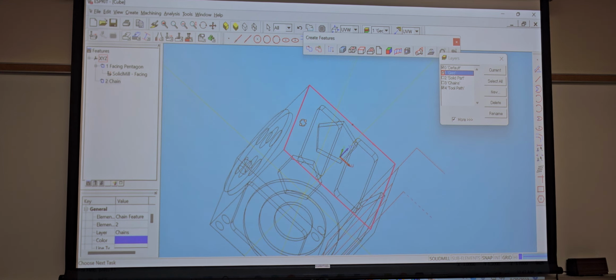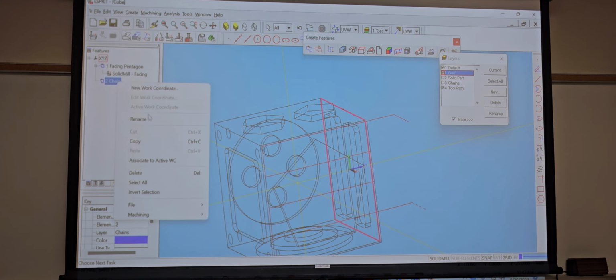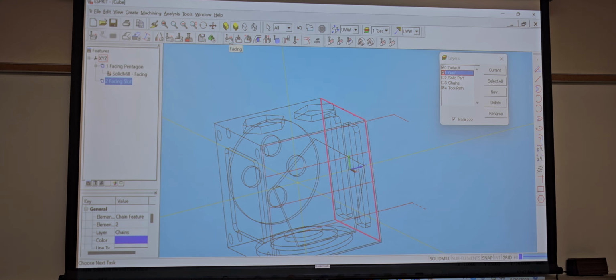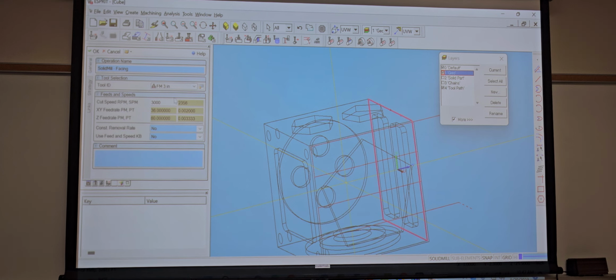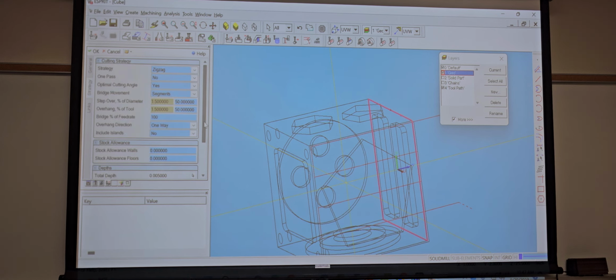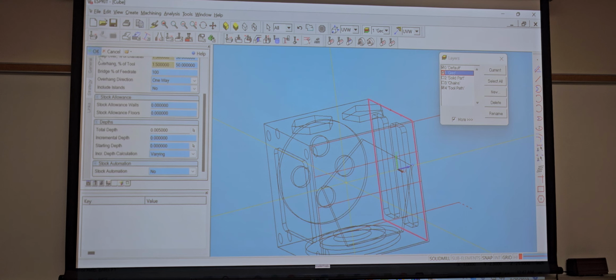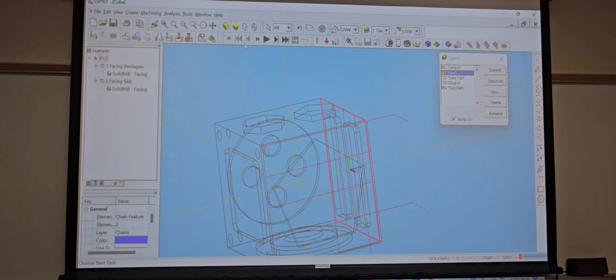So then these are my slots. So I'll rename this as 2, and then I'll put slot facing slot. Enter. So now I just gotta come over here, go to facing. Most of this is gonna stay the same. You could push this in default all if that makes you happy, but hit OK. So now when I go,